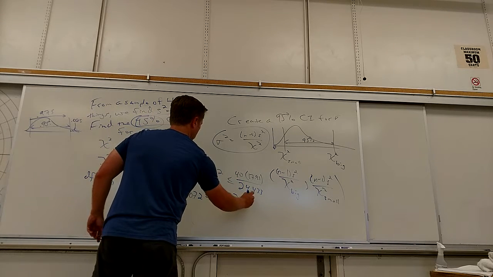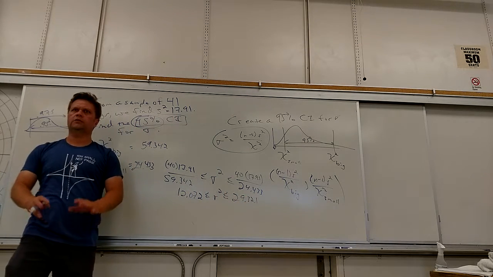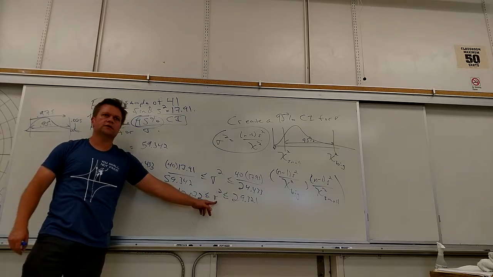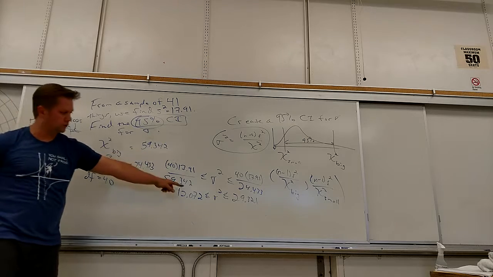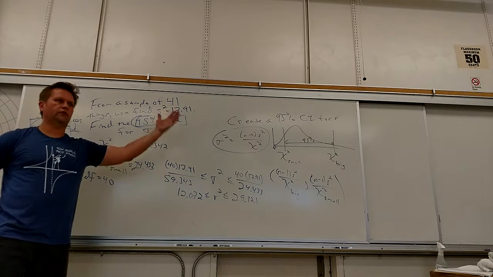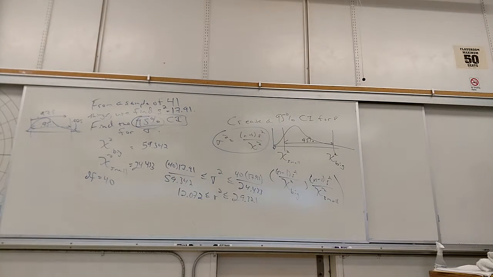29.321. Somebody help me out. This is where the variance is. I want to know the confidence interval for the standard deviation, so what do I do everywhere? Square root of it. So I do square root of the 29 number, I get 5.41. If I do square root of the 12.07, I get 3.47 to 5.41.